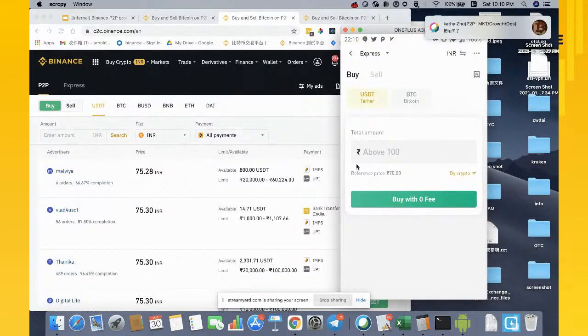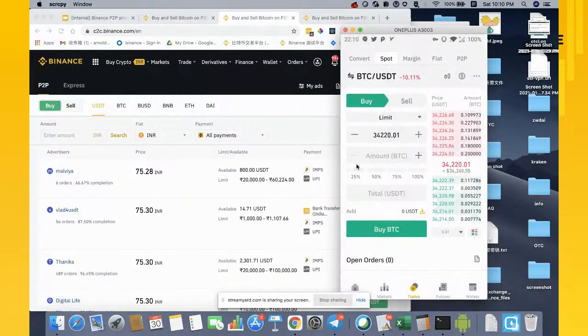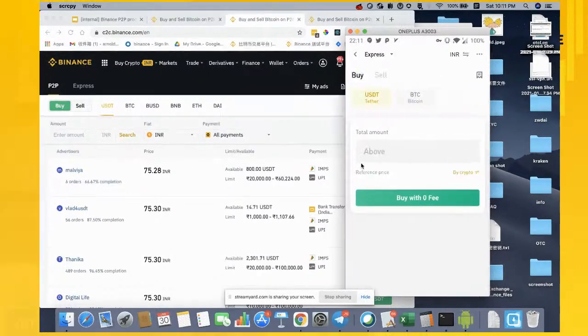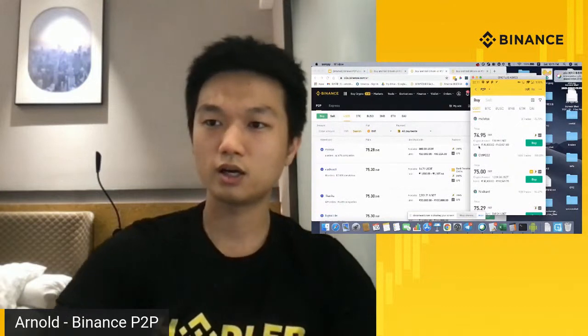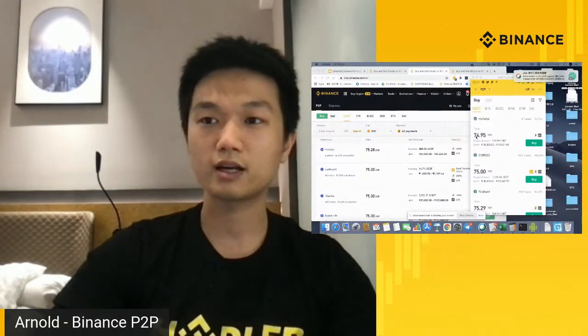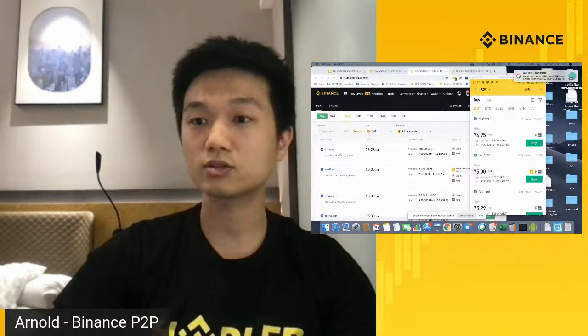Right now, we have opened Express Mode for only a few currencies: INR and a few others. These are the fiats that we have open. We're going to add more, but again, you can shop around, or if you're in a hurry, you can do Express Mode. And another thing that I would like to go through with you guys is